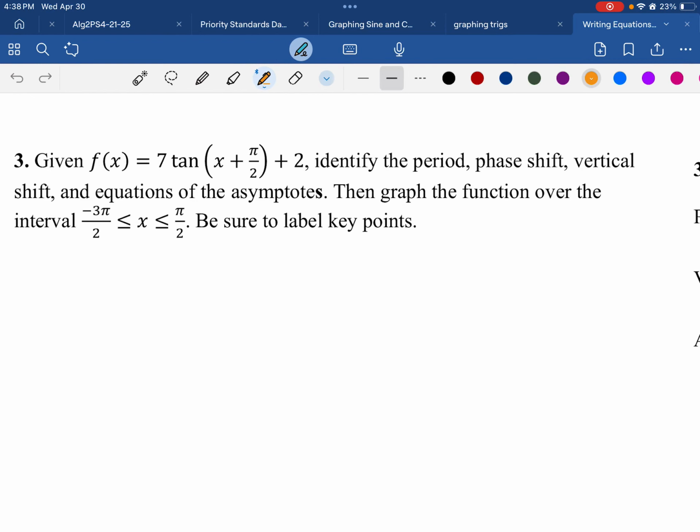This is question number 3 from practice test form F. We are looking at graphing a tangent. Now, tangents are a little bit different, so I'm going to make a little bit of markings. You still have your amplitude and your midline,